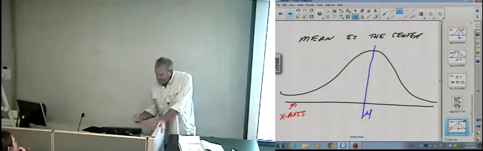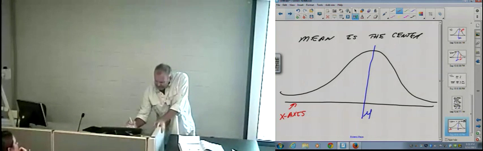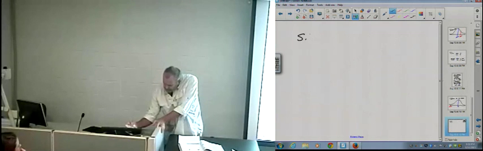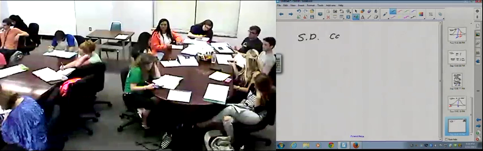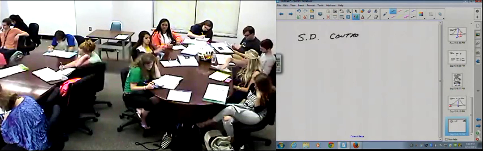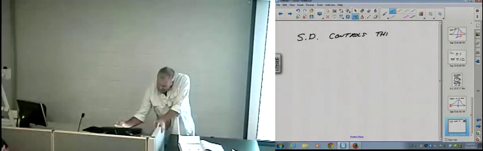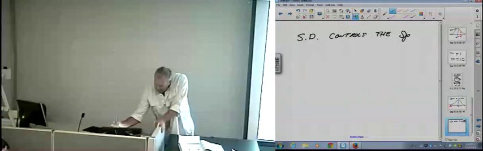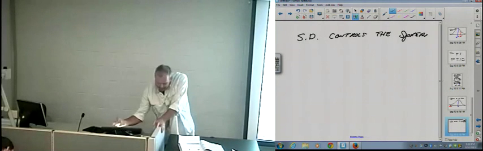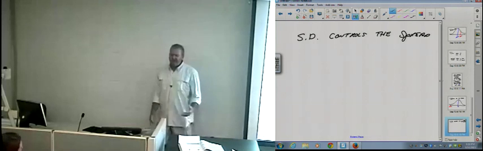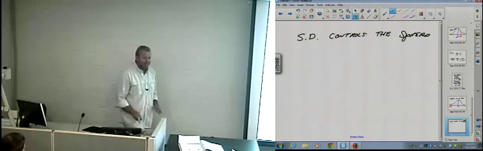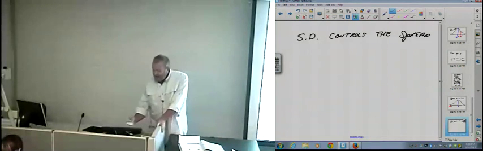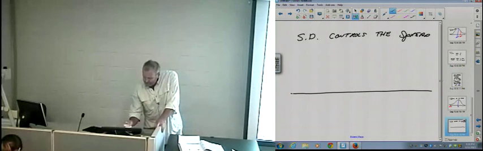Now, the standard deviation controls the spread. Now, I'm going to be a little technical with you for like 3 minutes. Okay? So, when I draw you a normal curve,